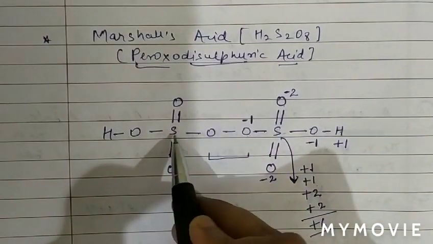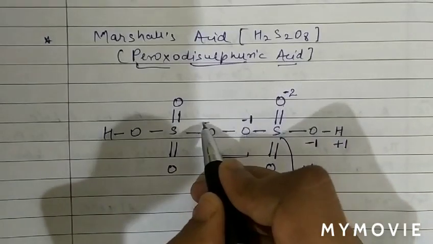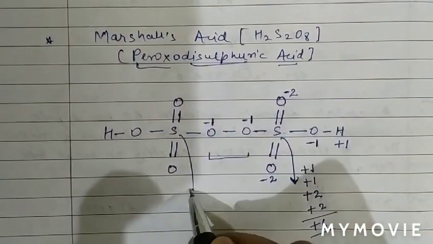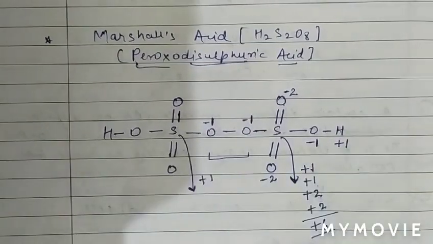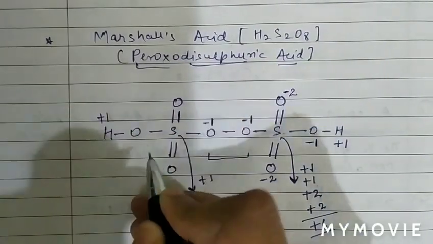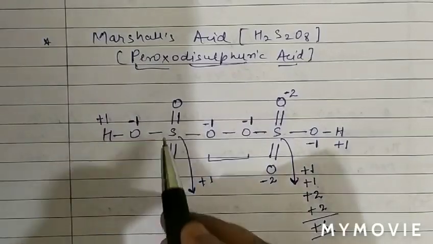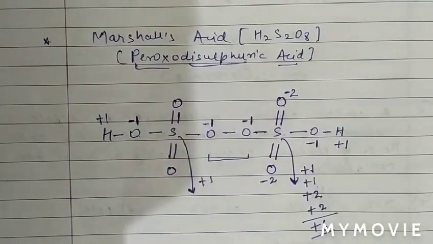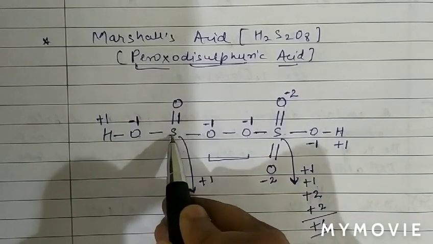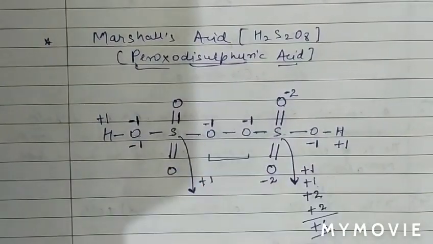Now again see, there is a sulfur-oxygen bond, and oxygen is more electronegative. There is only a single bond, therefore -1 charge on the oxygen atom. Now due to this bond, sulfur will acquire a +1 charge. Now again there is an oxygen-hydrogen bond. Due to this bond, hydrogen is +1 and oxygen will get -1, as oxygen has more electronegativity. Now due to this bond, oxygen is more electronegative and sulfur is less electronegative. So due to this bond, oxygen will again get -1.